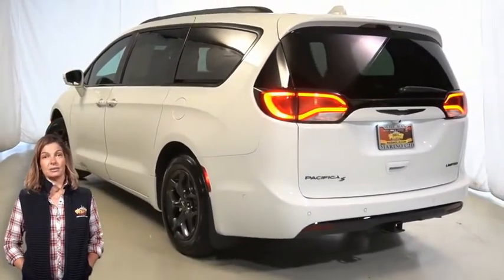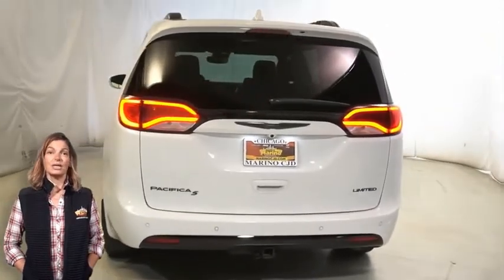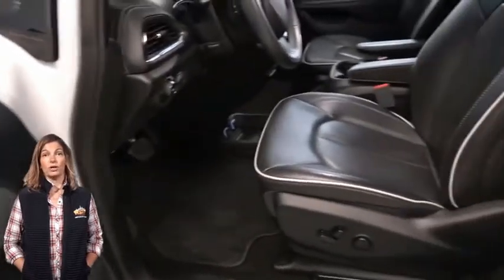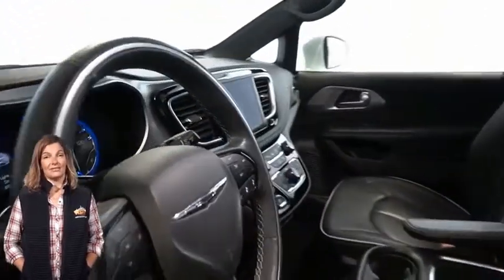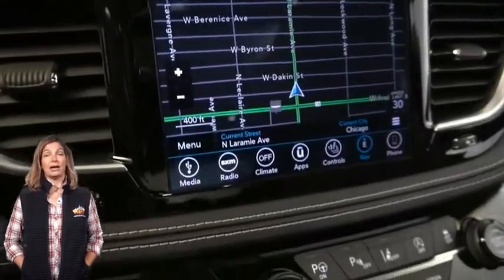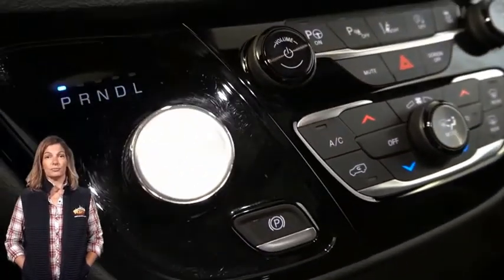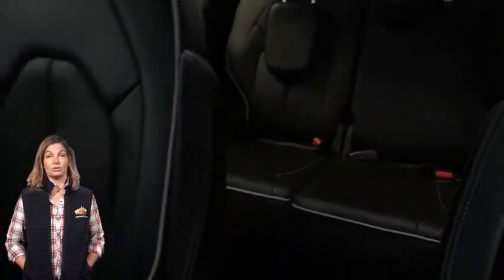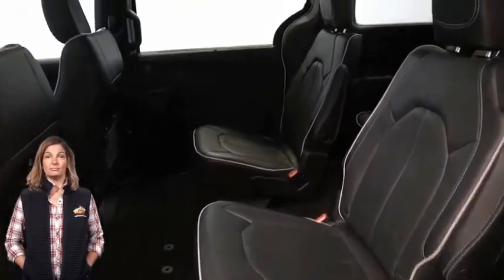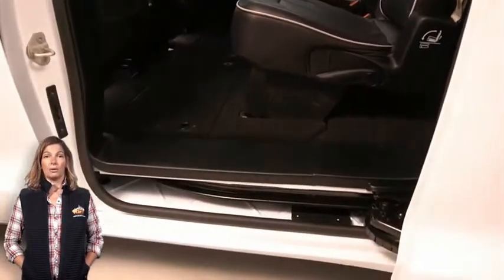tail lamps, heated and ventilated front seats, heated steering wheel, 7-inch full-color digital driver info display, 8.4-inch touchscreen display, navigation, park view rear backup camera, blind spot and cross path detection, Apple CarPlay and Google Android Auto, tri-pane panoramic sunroof, Stow 'n Vac integrated vacuum powered by Rigid, second row and third row Stow 'n Go seating, power liftgate,